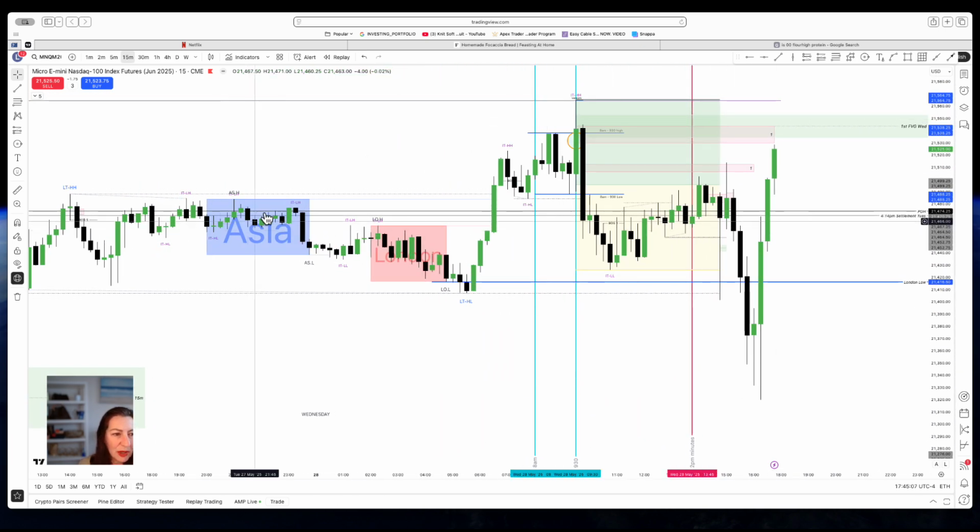So Asia ranged last night, which, we know that it's engineering liquidity above and below. It dipped down. London moved a little bit down, and then we had this big movement up early in the morning. So this started at 5:45, and I think it was around 7:10. This candle here is 8:30. So we had this kind of continuous move up, a little pullback. We know that 3 candles is a signature pullback. That's how we know it's a retrace rather than a